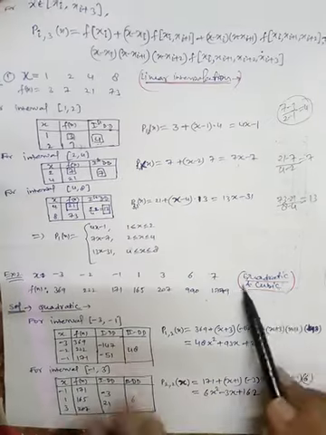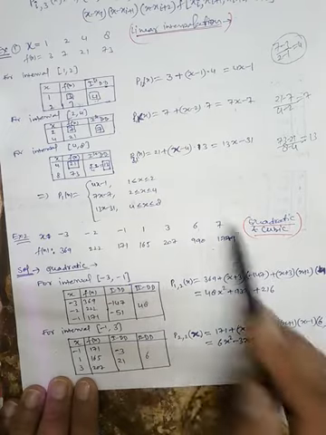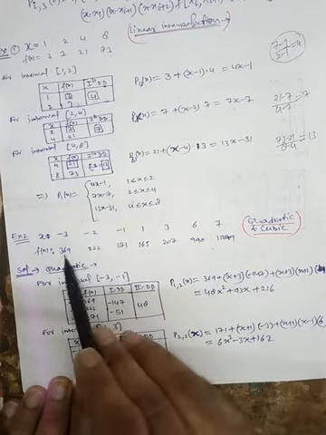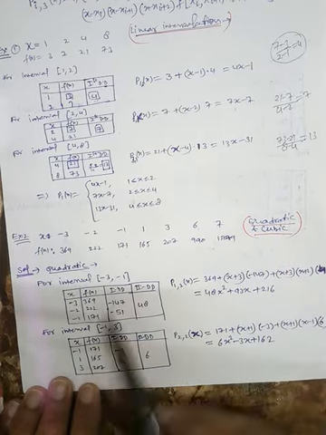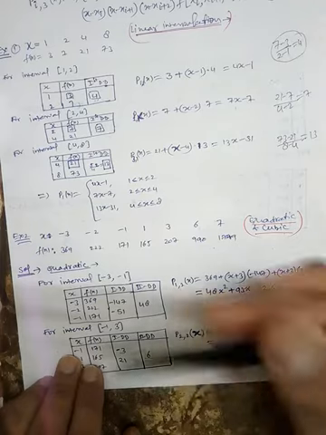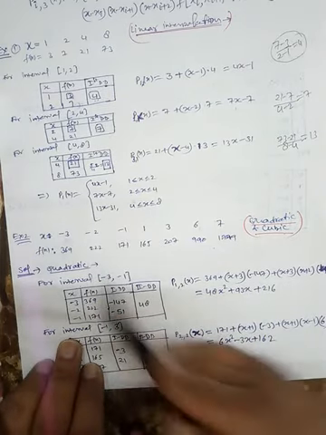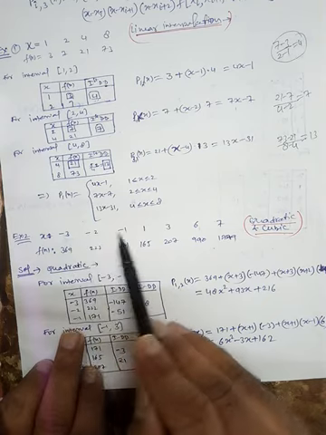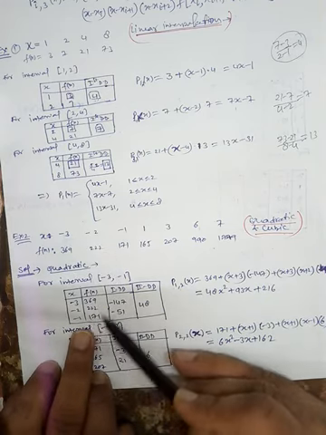Similarly, we have quadratic and cubic. Since the same example is taken, first we are writing quadratic. Quadratic means joining 3 points at a time. This is the interval from minus 3 to minus 1, so here we have minus 3, minus 2, minus 1, and the corresponding values of f are these.